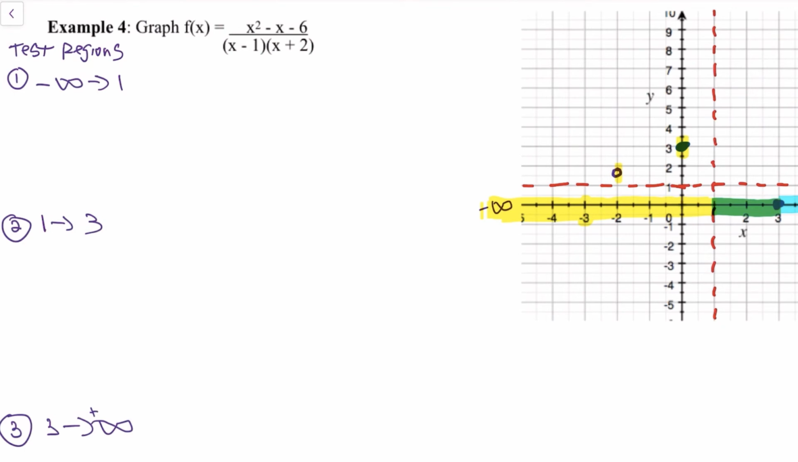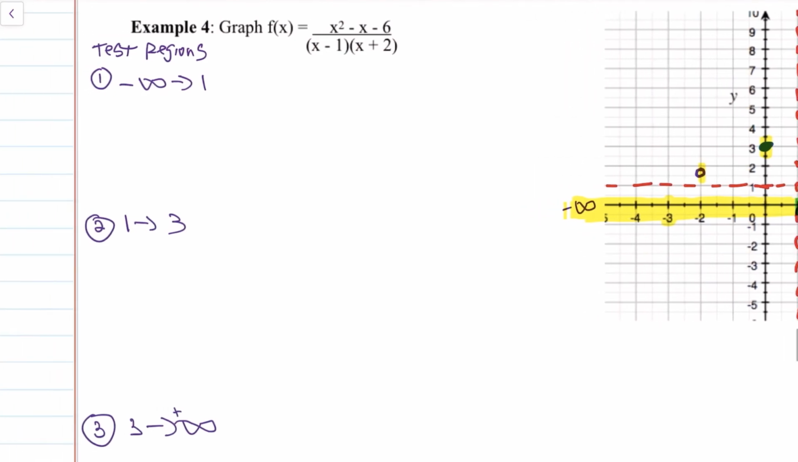I already kind of know that from everywhere from negative infinity to that vertical asymptote, these 2 identifiers were above the x-axis, and they're actually above the horizontal asymptote. We already know that everything else in that region has to be above the x-axis and most likely above the horizontal asymptote, but we're just going to try another one. So I'm going to pick x equals -3, just as another one,